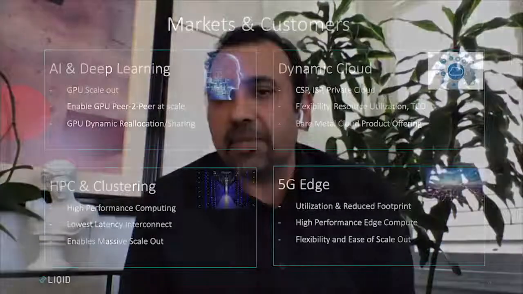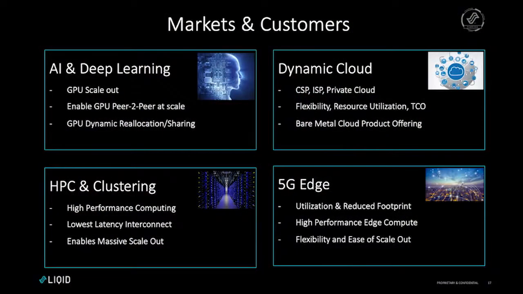So these are all the reasons why we as an industry are headed towards this model of disaggregation and composability. And these are the workloads that are benefiting from this: AI-centric workloads, the ability to do cloud workloads with dynamic infrastructure, the ability to do high performance computing based upon a composable environment. And we're seeing it today with the move to 5G cellular infrastructure. The long distance phone call back to the core data center doesn't work anymore. Now we're being forced to push infrastructure out to the edge that can also benefit from being composable.